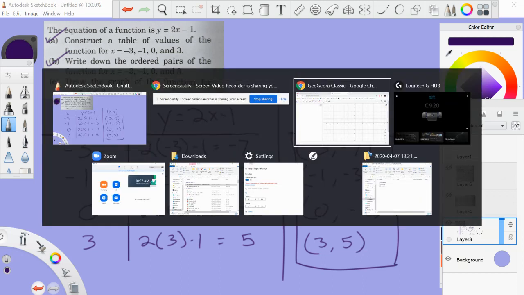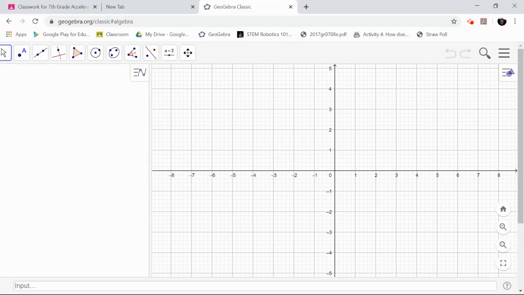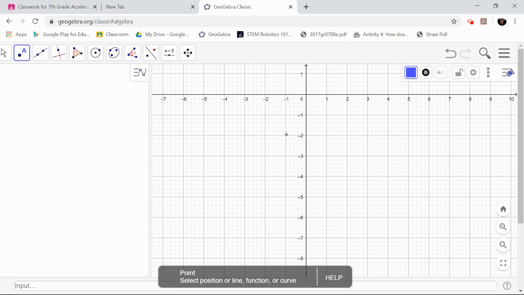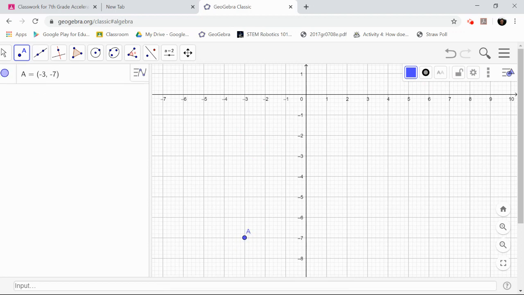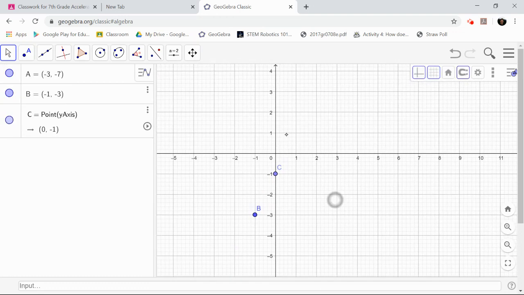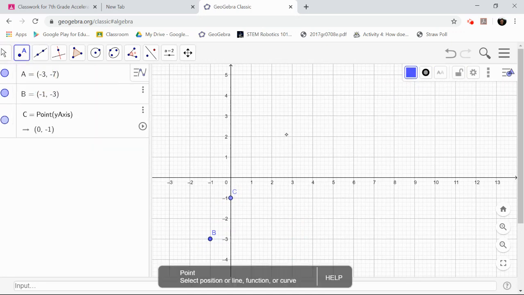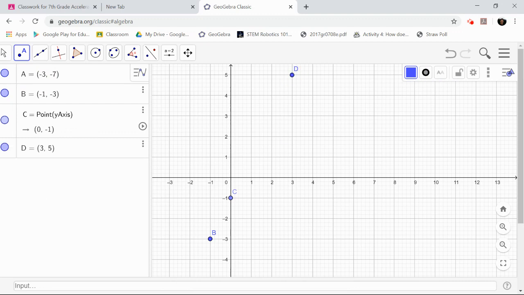So here I'll go to GeoGebra, and I'm going to put these points down. So the first point, let's go ahead and make sure we're snapping to grid. The first point is down here. It's 3 to the left and 7 down. That's -3, -7 right there. The next point was -1, -3. That's right there. And then we had 0, -1. That's that point right there. And then our last point was, what was it? X was equal to 3 and y was 5. All right, so,